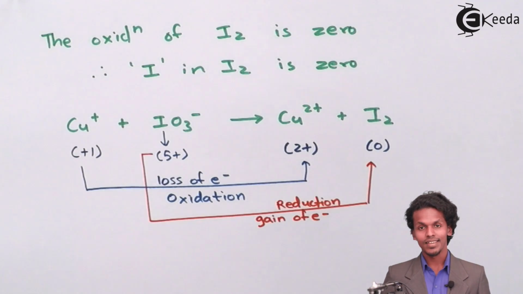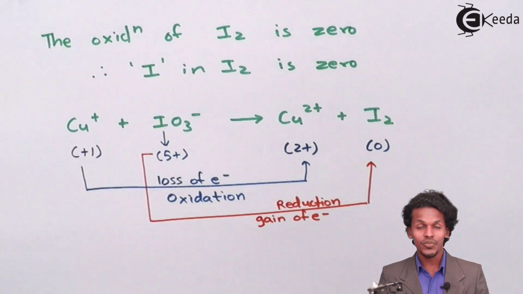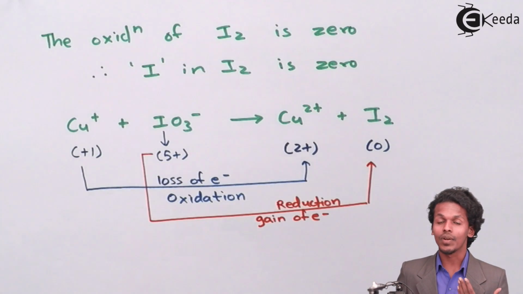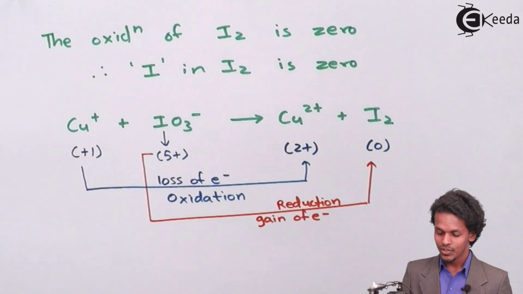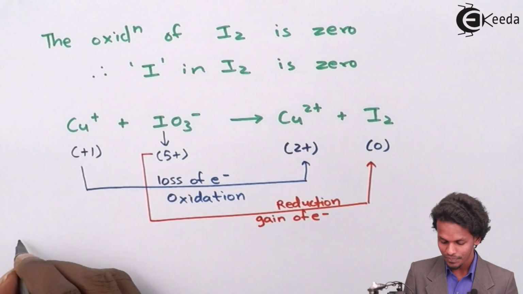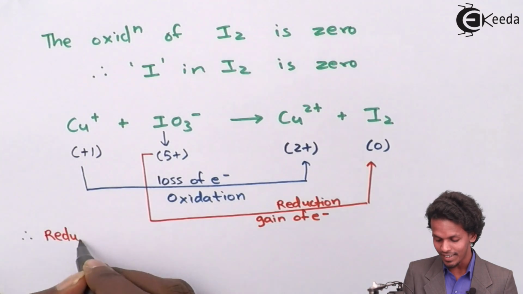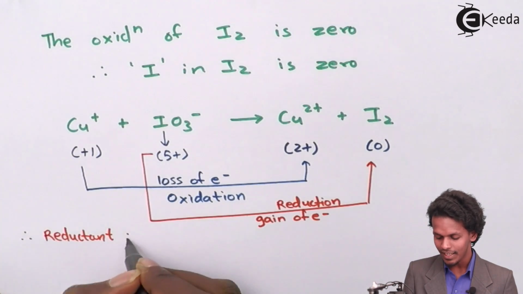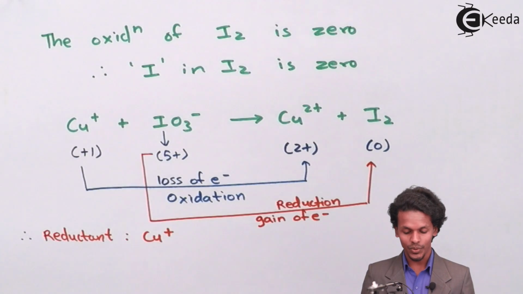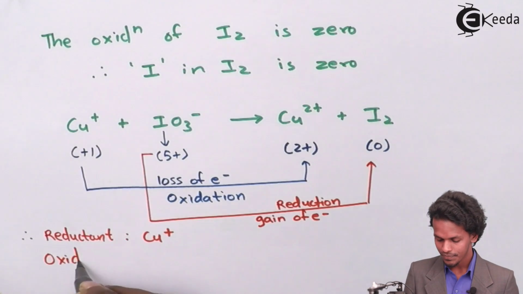So in this process, the one which shows oxidation is nothing but the reducing agent, and the one which shows reduction is known as the oxidizing agent. So therefore the oxidation is shown by Cu+. So therefore the reducing agent or the reductant is nothing but the Cu+ molecule, which is showing oxidation, while the oxidant is